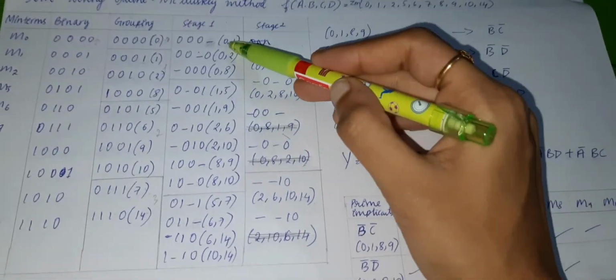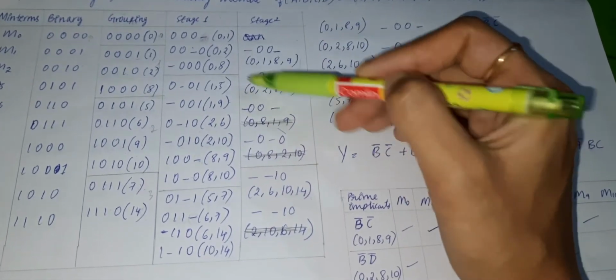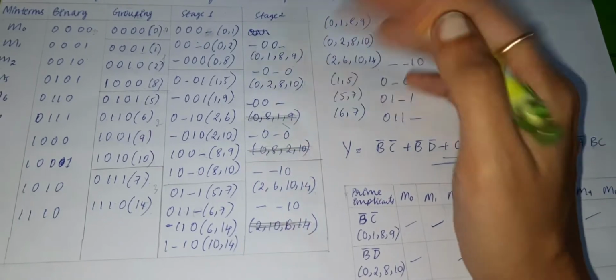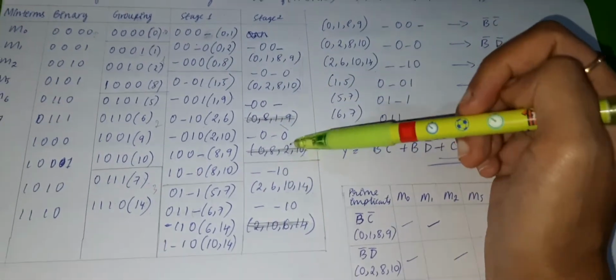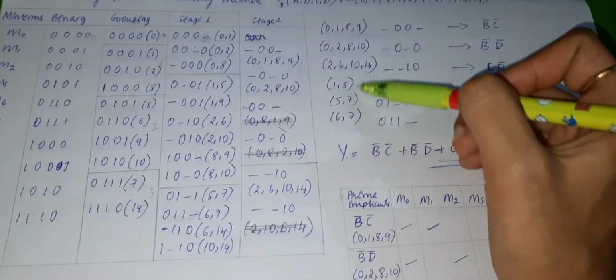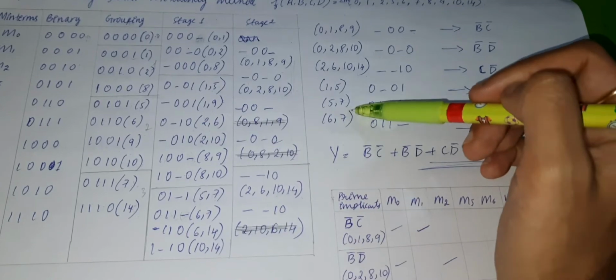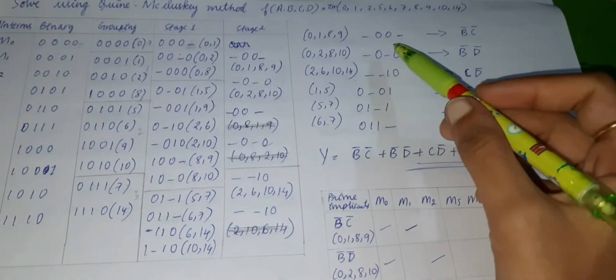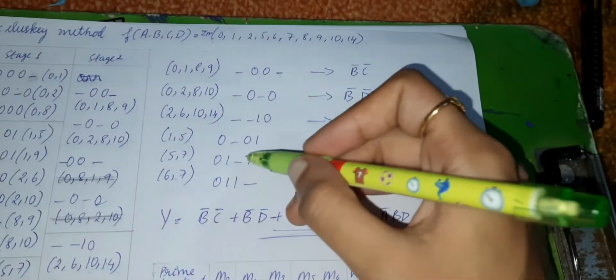Like for example 0, 1, it is present here, so do not consider it. 0, 2, here it is present. 0, 8, here it is present, so do not consider. 1, 5, you cannot find it in this stage 2, so consider that one. Similarly 5, 7 and 6, 7 you cannot find here, so write down this term as it is. Write down the following grouping also. So after writing down this,